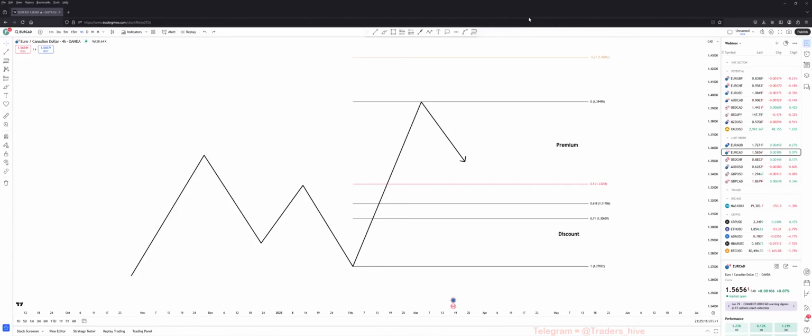All right, welcome guys. In this video, we are going to talk about what premium and discount pricing is. Here we have a nice clean bullish example in front of us where price is moving in a bullish structure. It just swept the previous low's liquidity and then it broke the high point on this line, meaning we have a new structural protected low point here where we can pull the Fibonacci from up to this